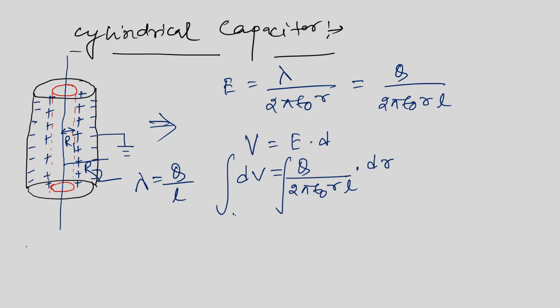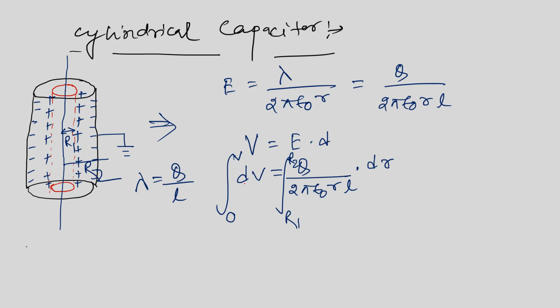So on the extreme left-hand side, what are the limits that I will take? That is from 0 to V. And on the right-hand side, the limit will be from the radius R1 to the radius R2. Now guys, my handwriting is so bad. I hope you are able to understand. Let me just try with a different ink.